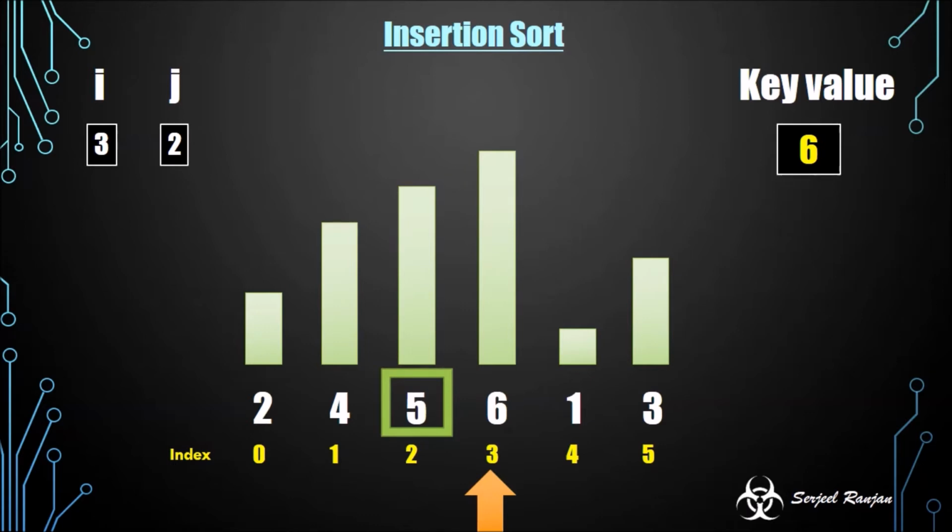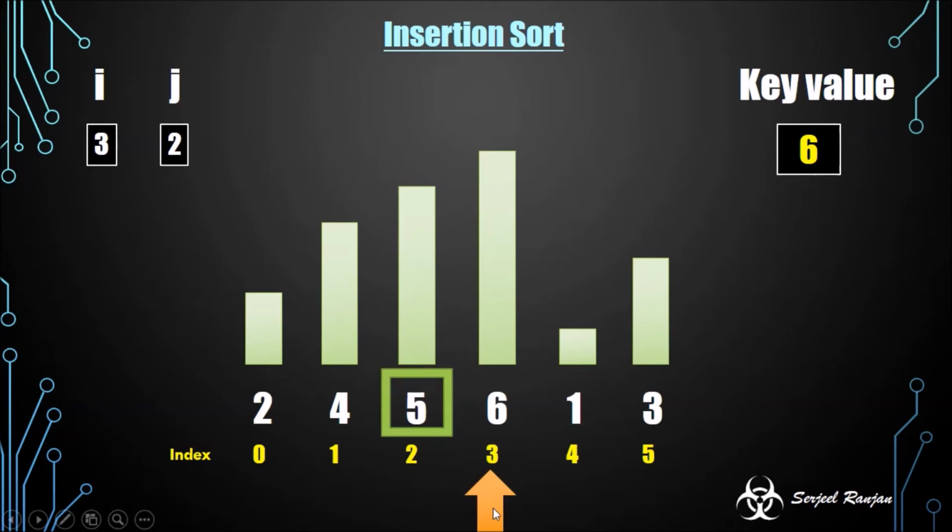Now here is an important thing for you to understand, which is also the optimization part of this insertion sort. So the thing is, the place at which our box is present currently itself, this 5 itself is smaller than the key value, so we don't need to go further on the left side and check. The reason is because you observe this is already in ascending order, so there is no chance before that a number will exist which will be greater than the key value.